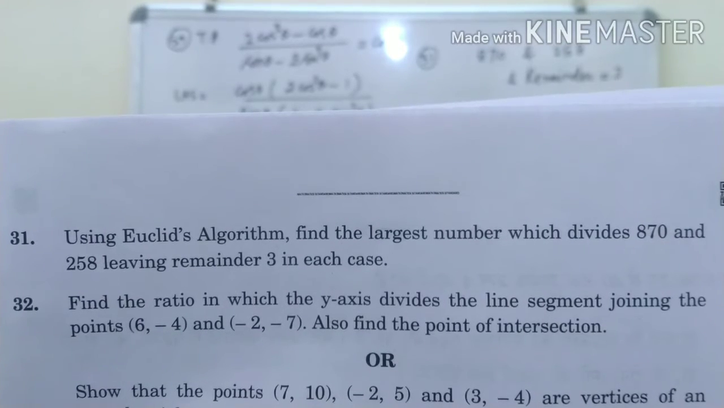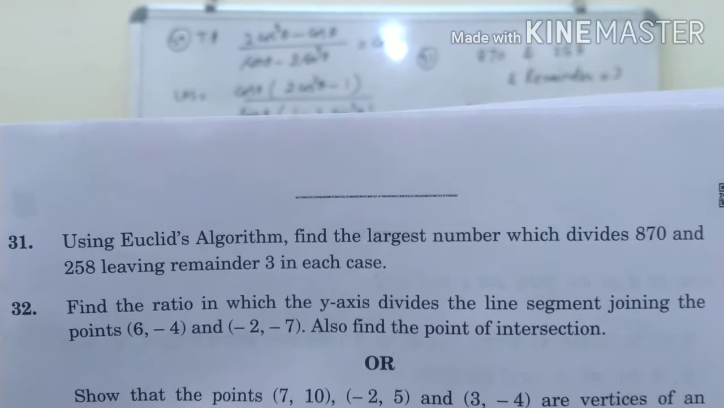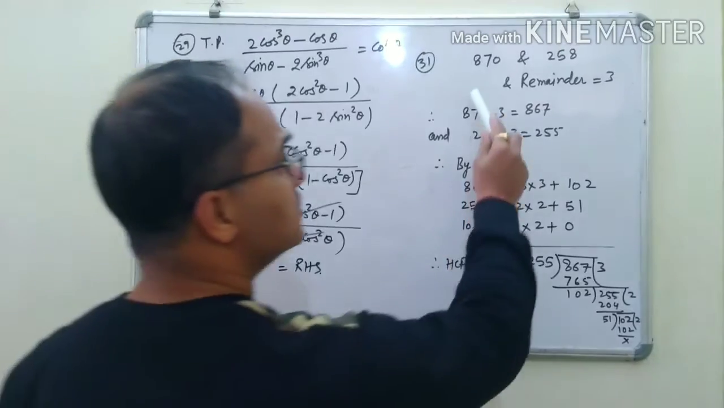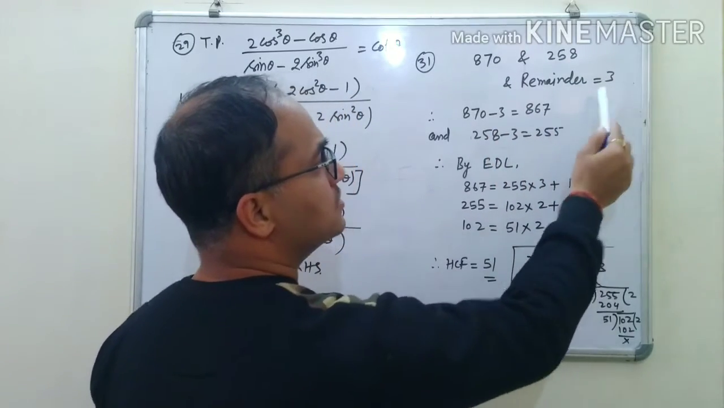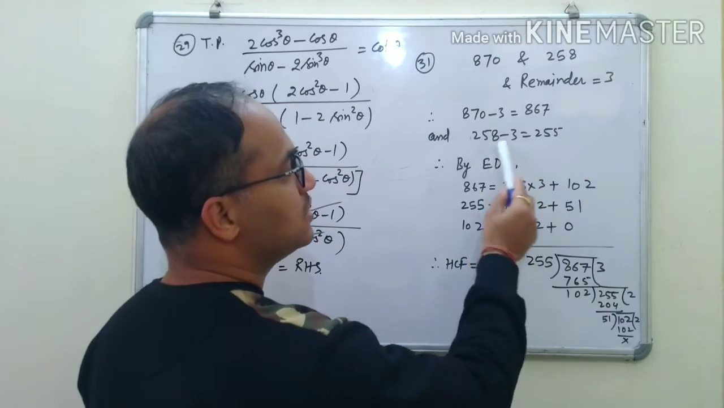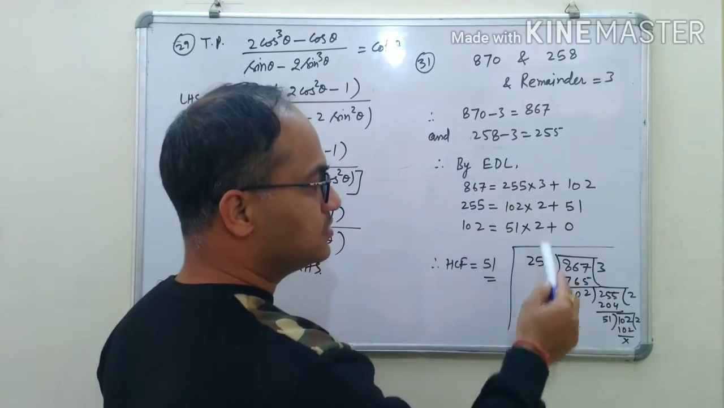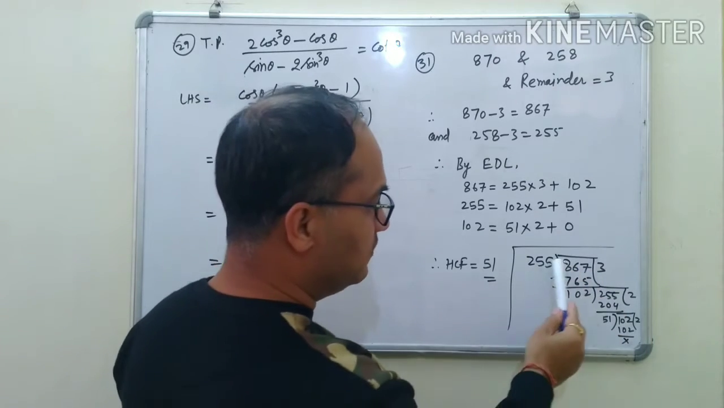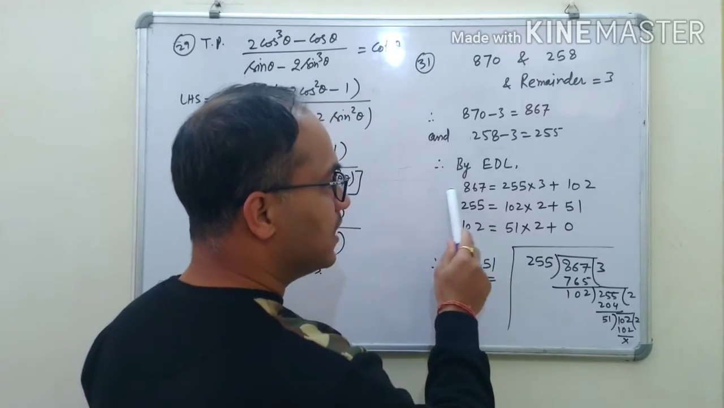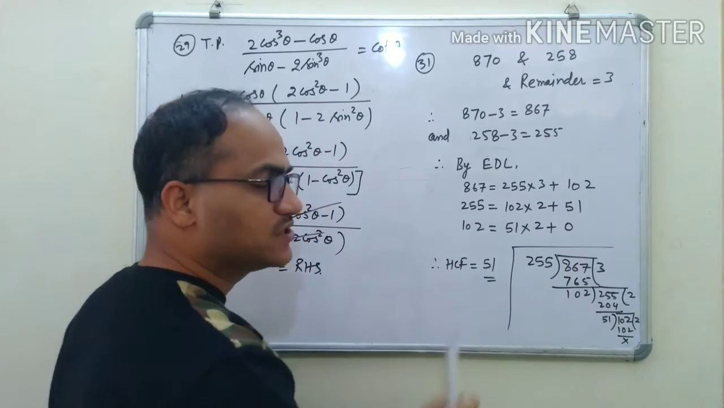In 31st question, we have to use the Euclid division algorithm to find the largest number which divides 870 and 258 and leaves remainder 3 in each case. So when we apply the Euclid division lemma, first of all we have to subtract 3 from both the numbers. Hence we get 867 and 255. By applying Euclid division lemma, first we need to do the actual division, and hence we get 51 as HCF. Later we write this in Euclid division lemma, and at last when the remainder comes 0,